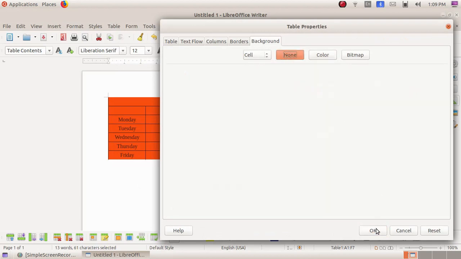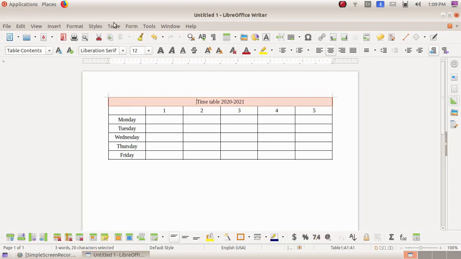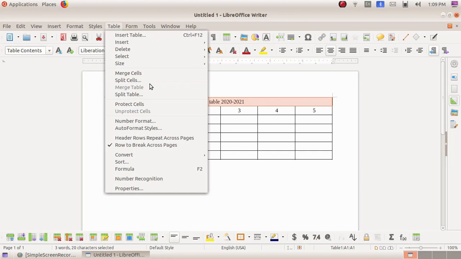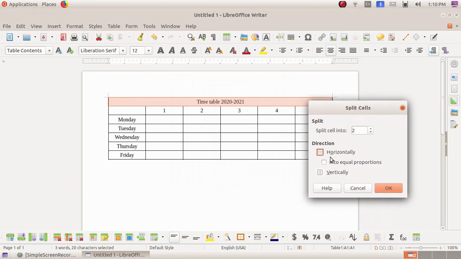None. Okay. Now if you feel that you want to split this cell into 2, select the cell, Table, Split Cells, and there we have to specify whether to split it horizontally or vertically. So I am choosing vertically, and I am specifying to split the cell into 2, and click on the OK button.